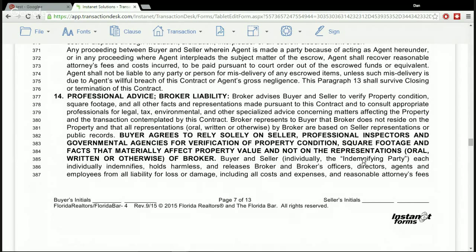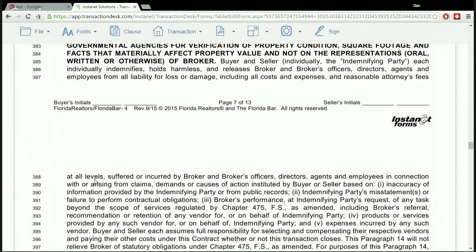Buyer and seller, each individually, indemnifies and holds harmless and releases broker and broker's officers, directors, agents, and employees from all liability for loss or damage, including all costs and expenses and reasonable attorney's fees at all levels suffered or incurred by broker and broker's officers, directors, agents, and employees in connection with or arising from claims, demands, or causes of action instituted by buyer or seller based on 1, inaccuracy of information provided by the identifying party or from public records, 2, identifying party's misstatement or failure to perform contractual obligations, or 3, broker's performance at identifying party's request of any task beyond